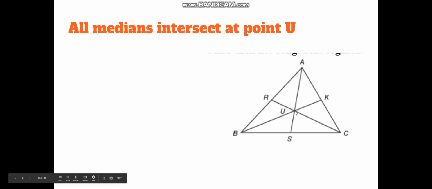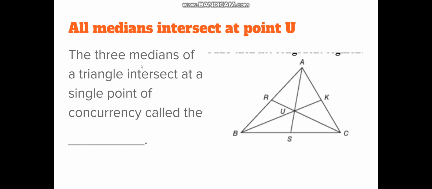All right. All of these medians intersect at point U. When the three medians of a triangle intersect at a single point, that point is called the centroid of the triangle. Okay, and this has kind of an interesting relationship with length. So we've been talking a lot about midpoints and bisectors, things that are cut in half. This is another fraction relationship